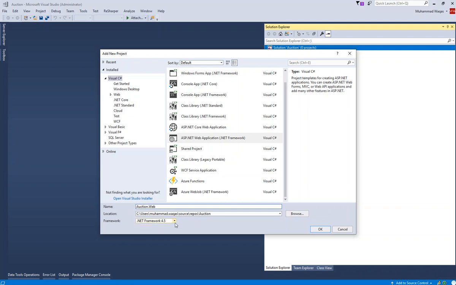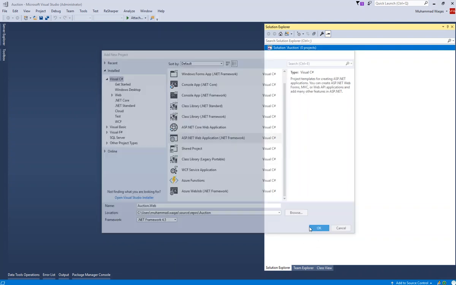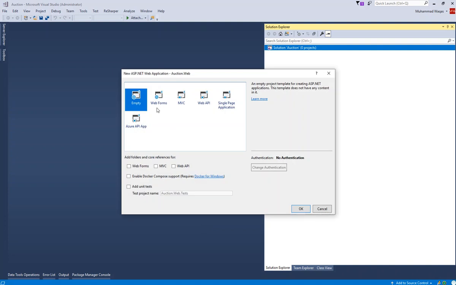And by the way, here you can select the .NET framework that you want to use. I'm just using 4.5. That was set as default with Visual Studio 2017. Once it's done, click OK. And now here you can pick an existing template. Either you can select an empty one, or a web form, or MVC, or web API, SPA applications, single page applications, or Azure API. So we will click on web forms,